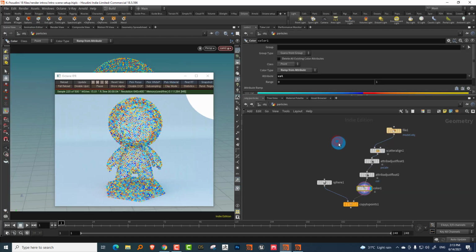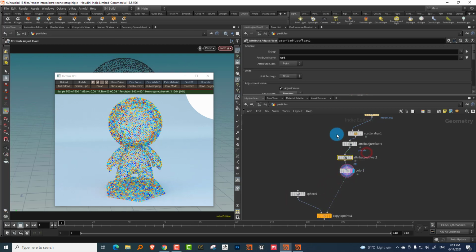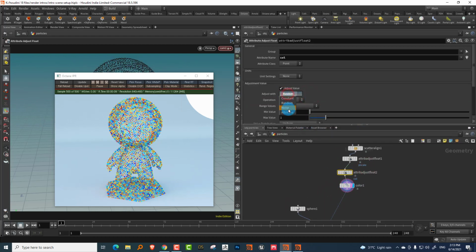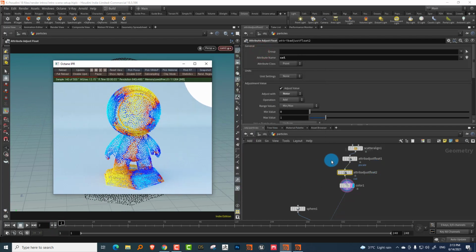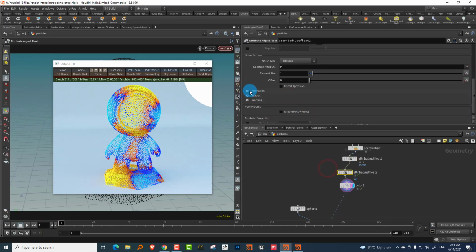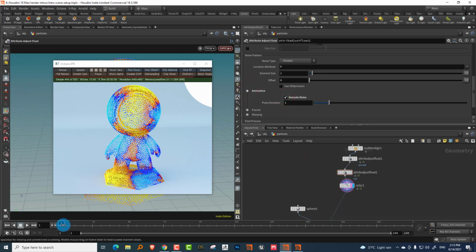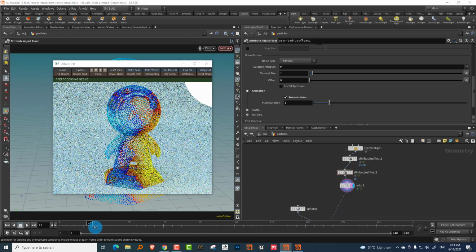Okay, so now what you can also do is, if I make some changes, like let's say I take the attribute adjust float and I'll change it to noise, I can move forward a single frame. There you go, that updates it. I'll do the same thing here for the P scale, set that to noise as well. We'll go back a frame, and I'll also come down to animation and turn it on for both of them. Now if I press play, see, it'll update in the viewport.